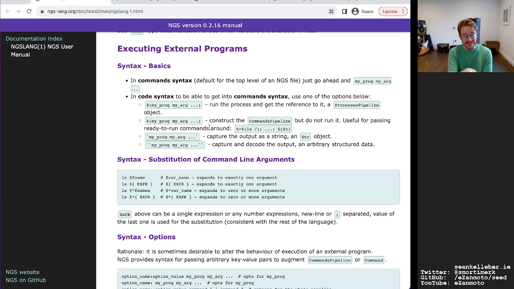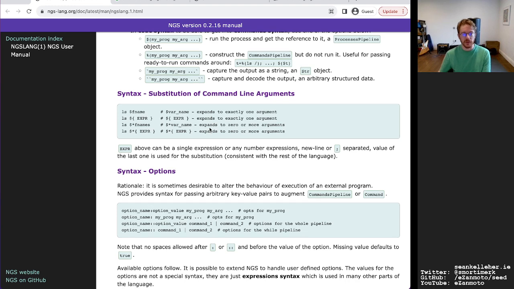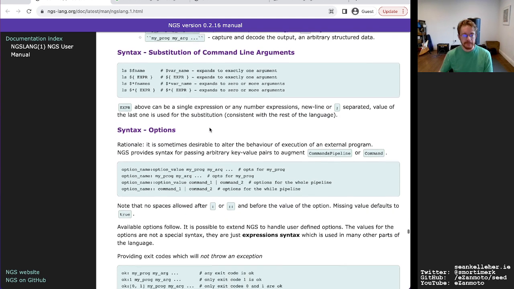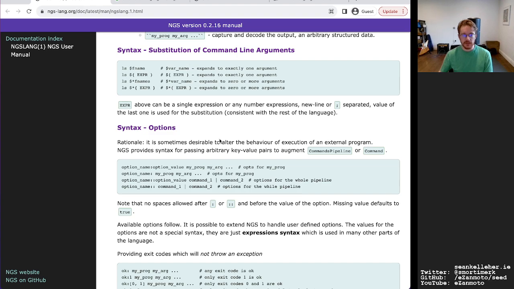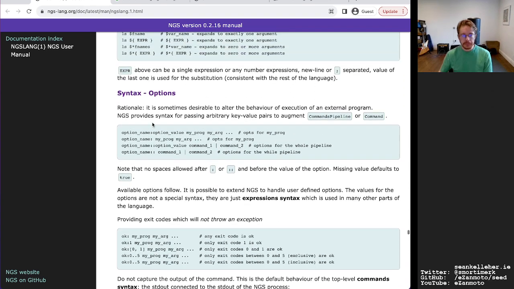Now, I'm not saying that this language is suffering from that. It seems to be relatively lean and nice from that regard, but it's worth considering when you're adding more language features, just to make sure that each one is actually contributing something valuable. So, syntax substitution of command line arguments, syntax for options.